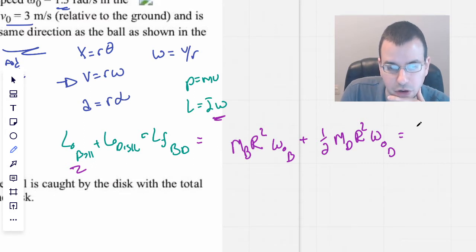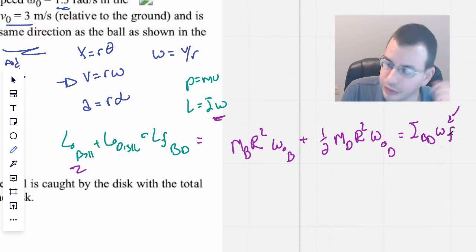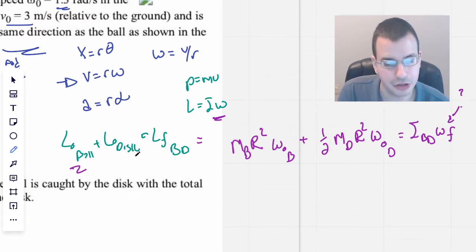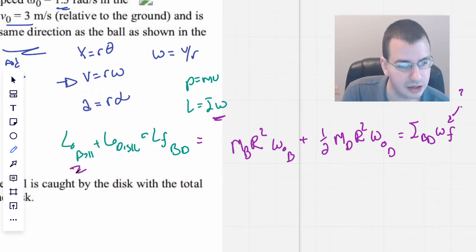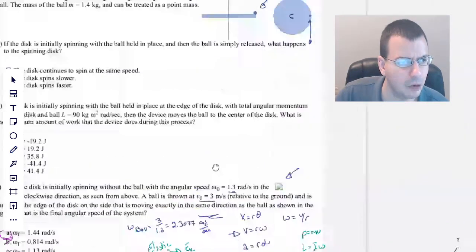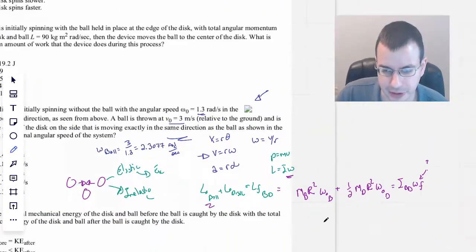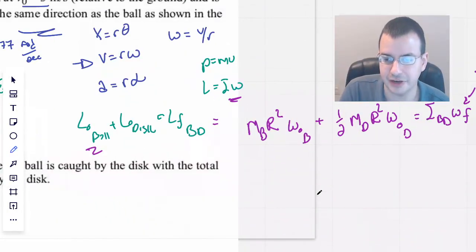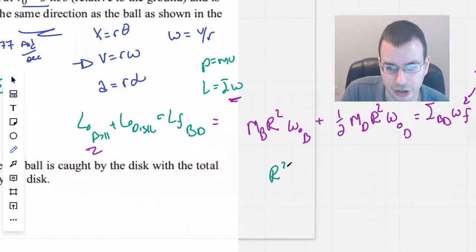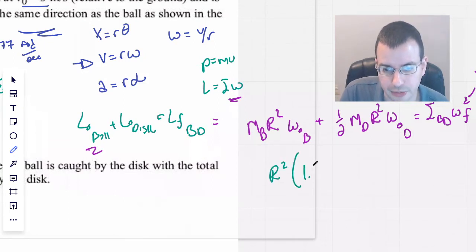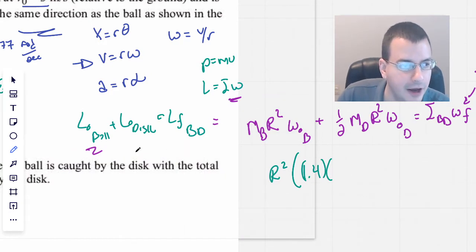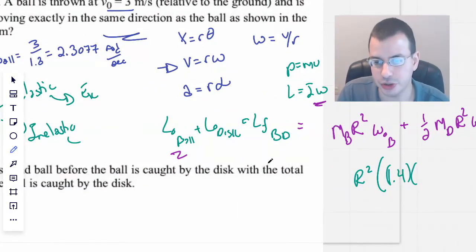And this will equal I ball disk times omega final, which is what we want right there. Okay, so we'll do some simplifying. So the mass of the ball, I think, is 1.4 kilograms. So we can factor out an r squared here. So we'll have r squared times 1.4 times 2.3, which is the